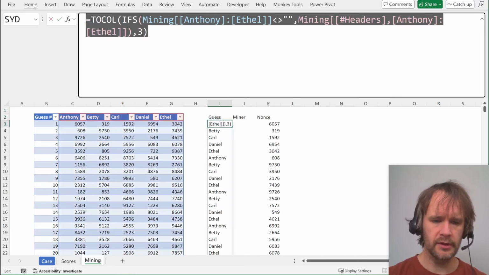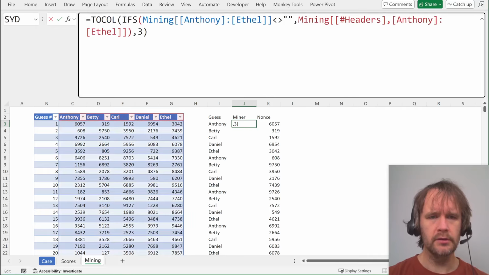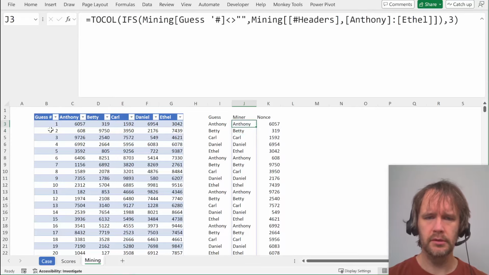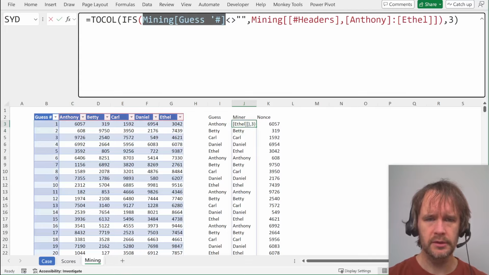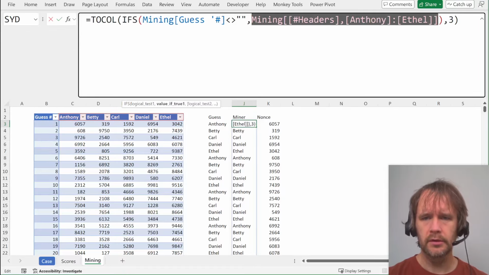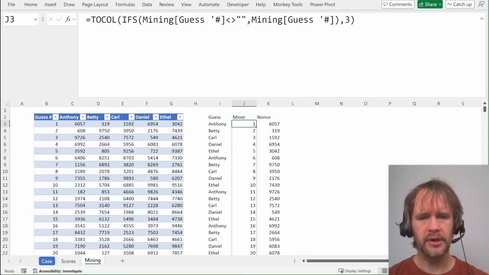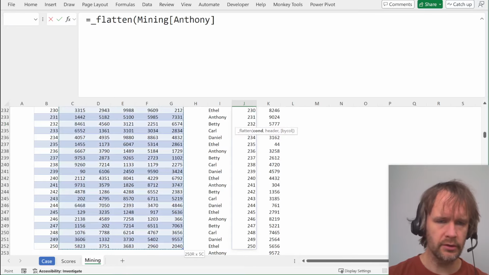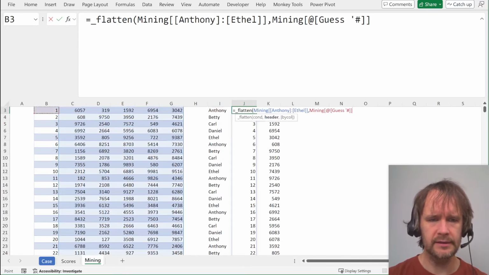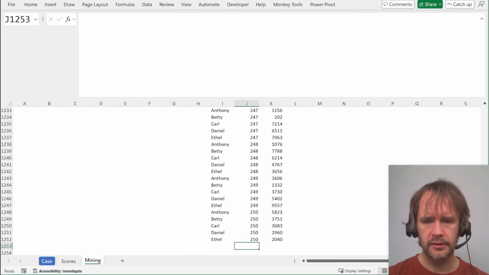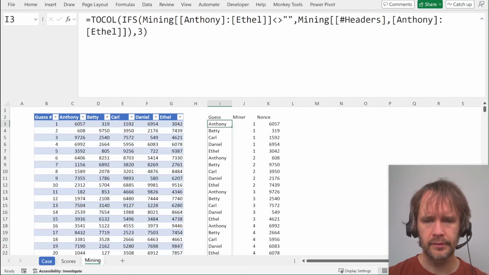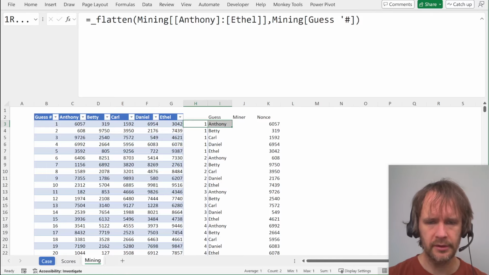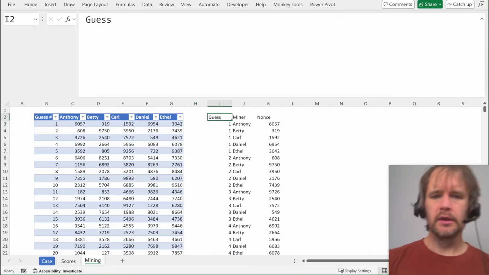And then you can do the same thing, replacing the header with this to get the guess number. Oops, sorry, got to replace it in both places, of course. Right, so that's the minor. Normally I would just do flatten of, and in this case they're all non-zero numbers, so we just say flatten of that and header. And there it is. Except I've put those the wrong way around. Okay. So there's my guess, minor, and